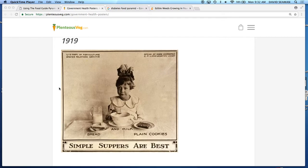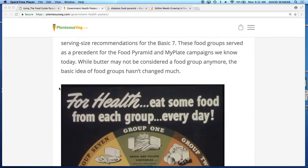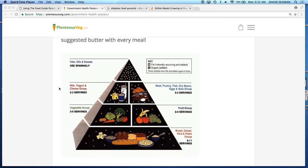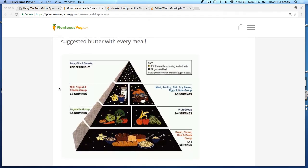So this is 1919, and we're told by the USDA that we should be feeding our children simple suppers: bread, milk, and plain cookies. You would think 100 years later the recommendations would be different, and they're kind of not different. So let's move ahead to the biggest approach that was taken by the USDA and many other organizations, which would be